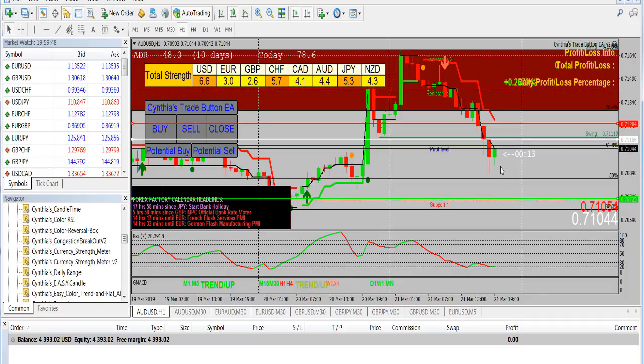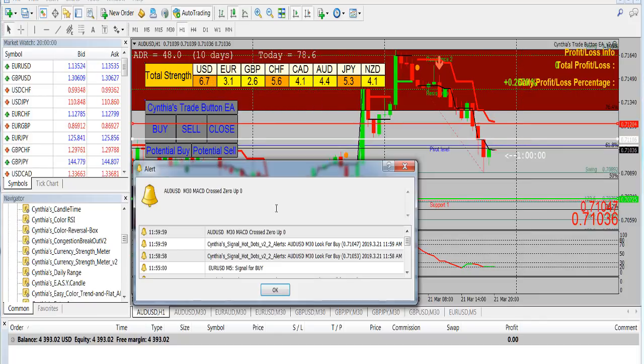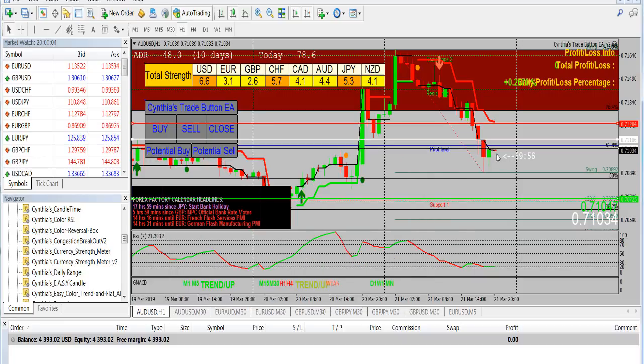And if we believe that this is simply a retracement, and we would believe that because we can see how weak the Aussie is and how strong the dollar is. However, these values can change. It's very possible that the price may never pull back this far, and it might just actually keep going down. We don't know. But if it retraces to our open price here, then the sell trigger will get placed,